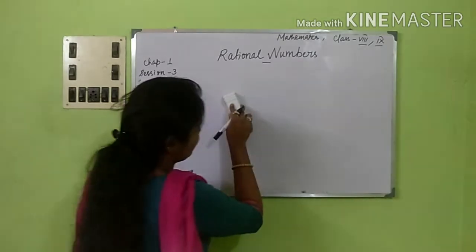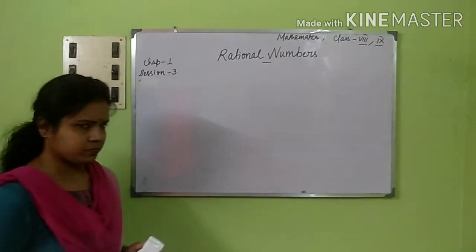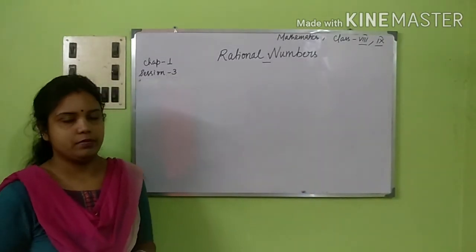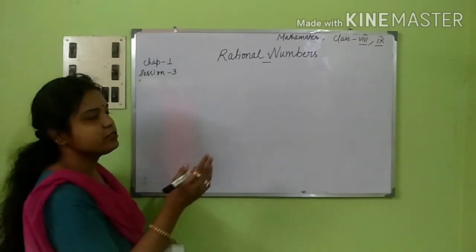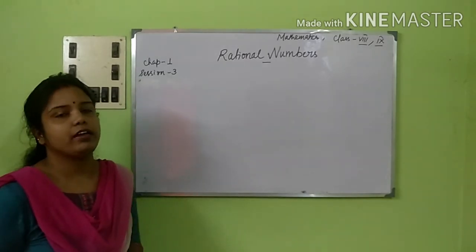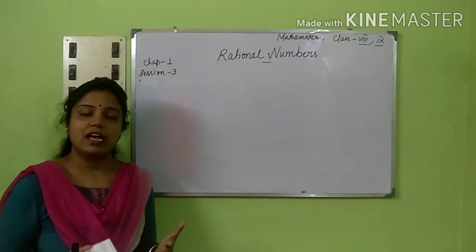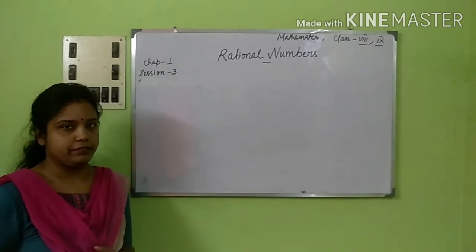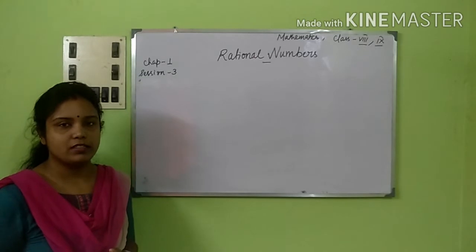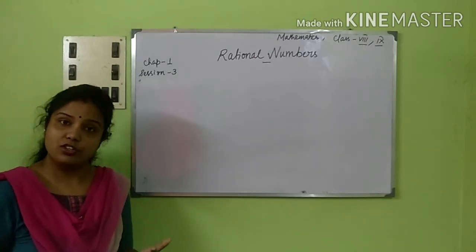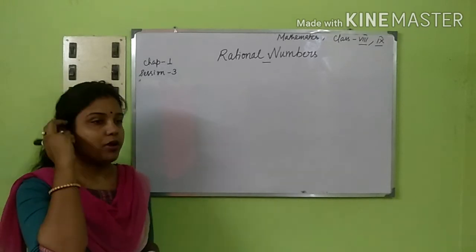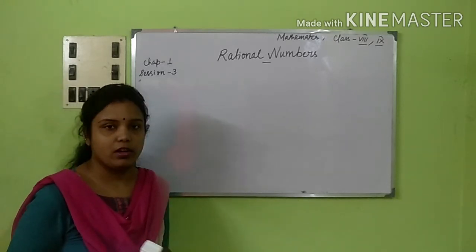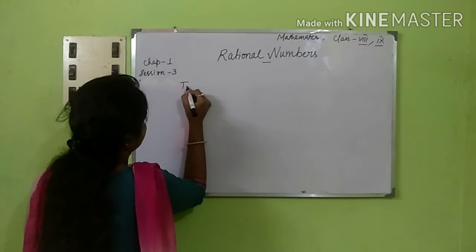Now the next part that we are going to deal with is recurring decimals. Now you might be wondering, what is a recurring decimal? There is a difference between recurring and non-recurring decimals. Recurring decimals are the ones which repeat themselves, and the non-recurring ones are the ones which do not repeat themselves. Before coming to this, I'll say one more thing, that is we have